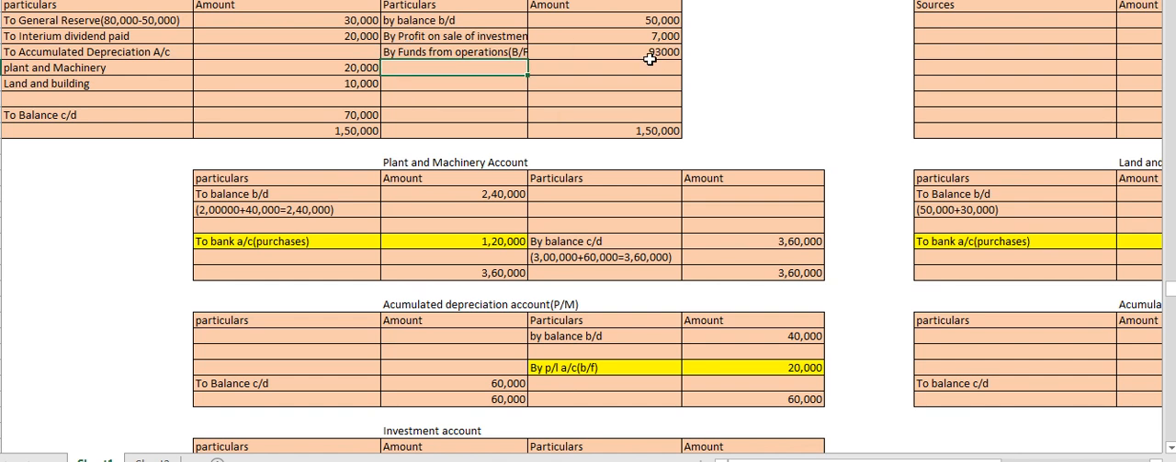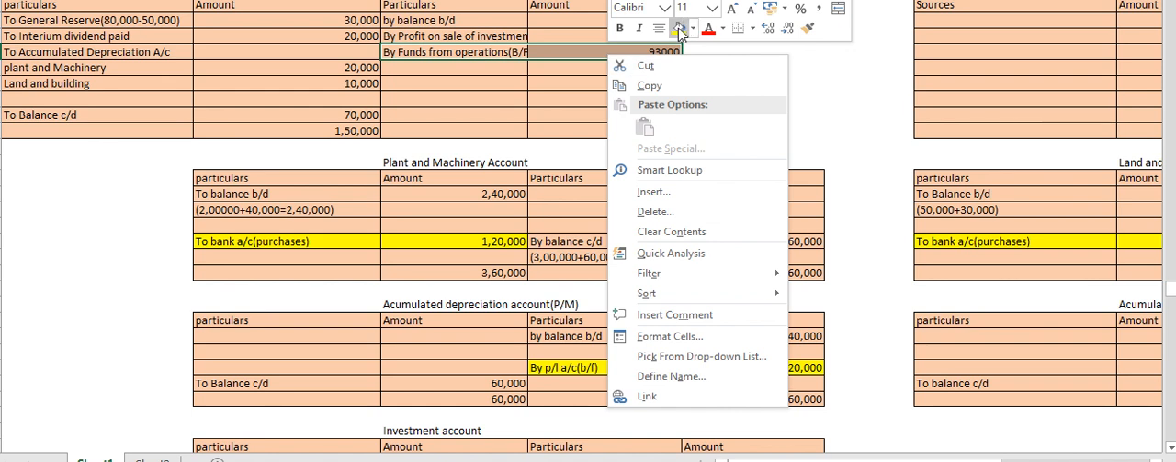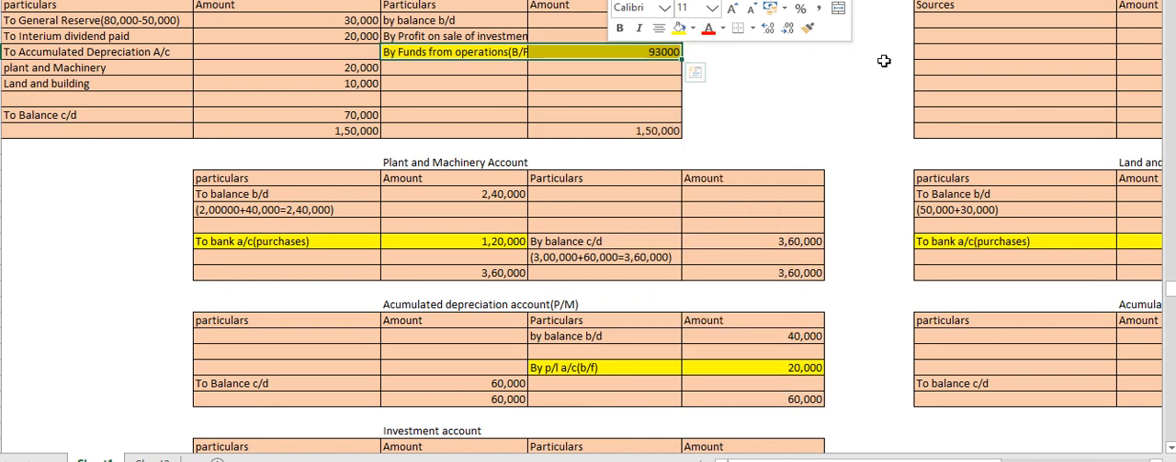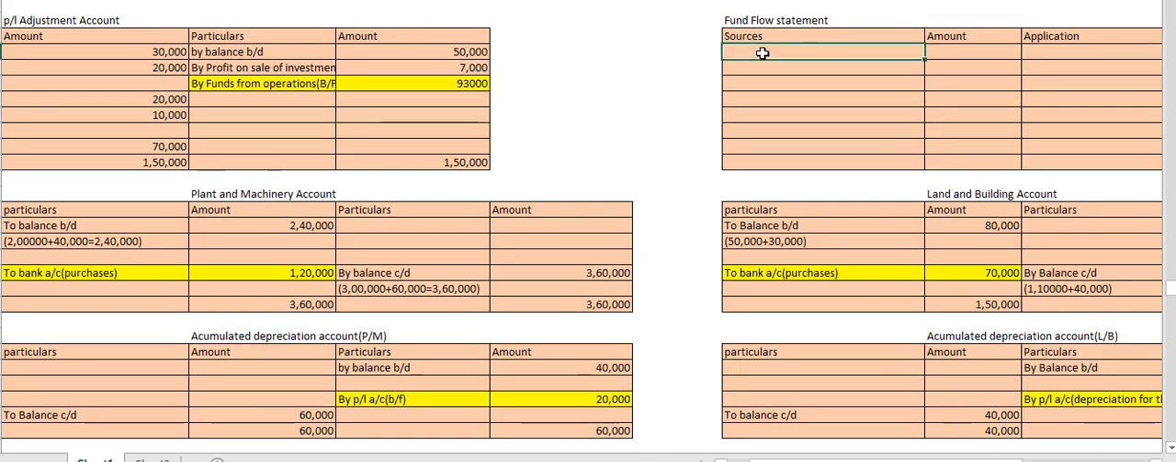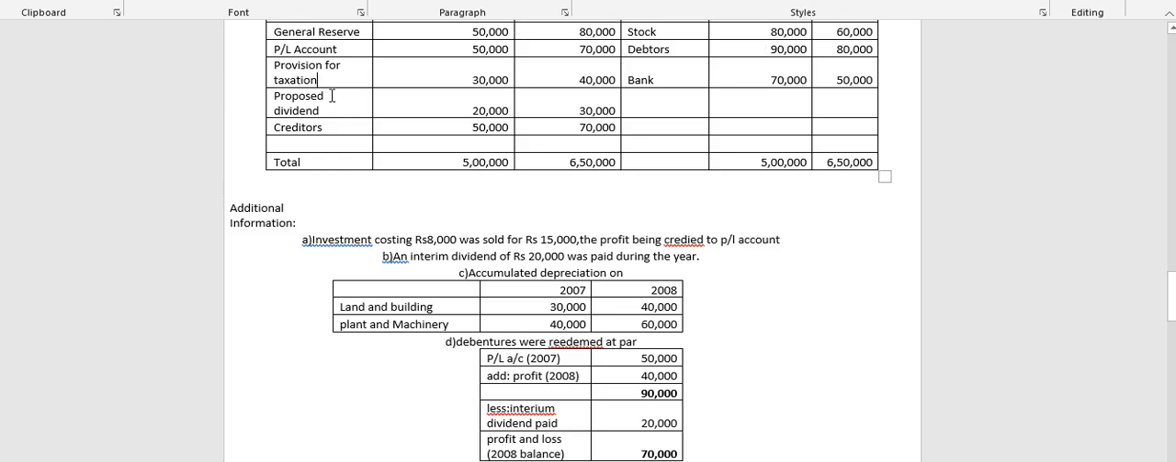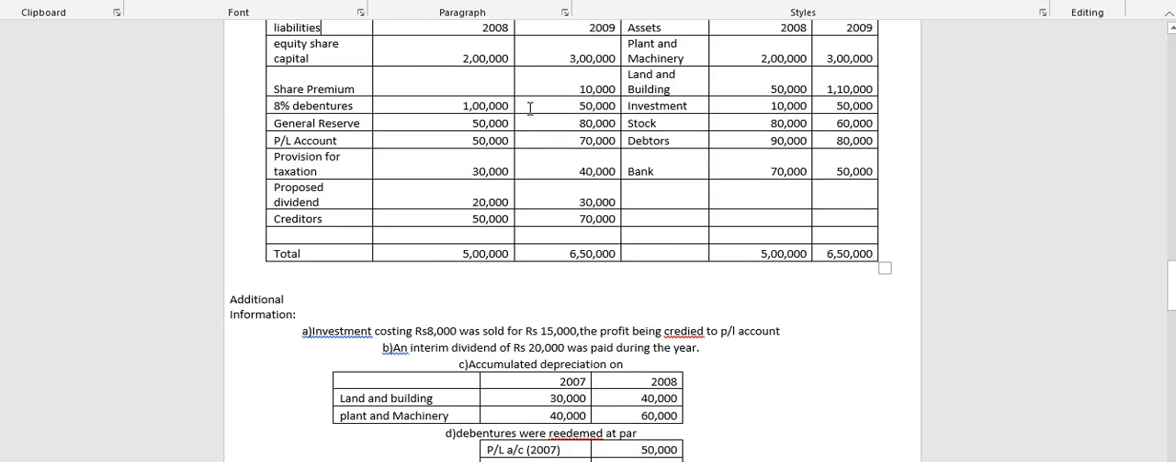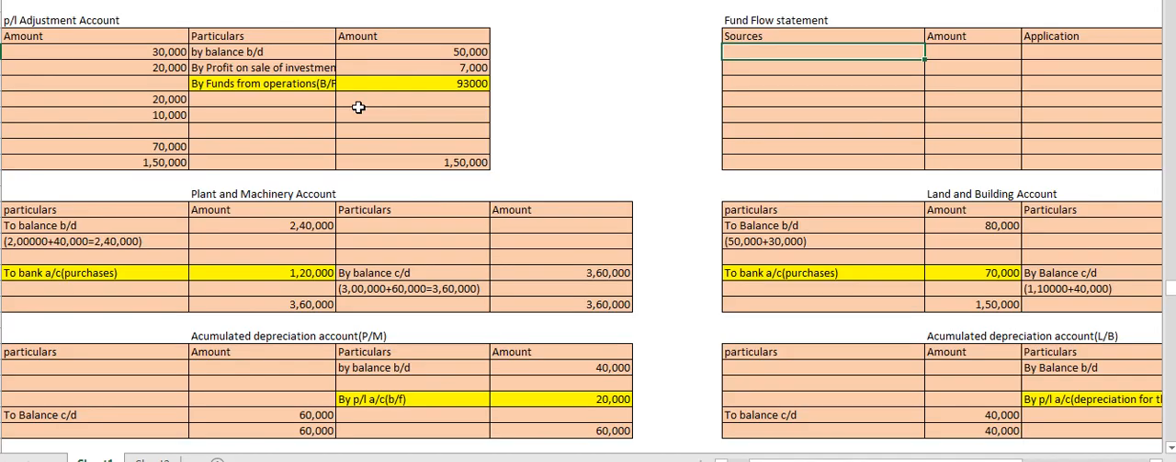Next, this funds from operation will be taken up in your fund flow statement as sources of funds. So now we will start the fund flow statement. What all will come under sources of funds? Right from the question, we will start. In your question you have share capital and share premium. That will come under your source of funds because there is an increase in share capital. So issue of share capital,